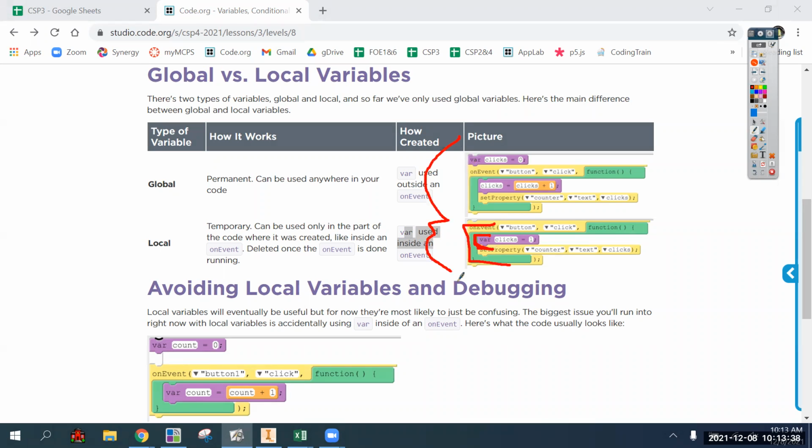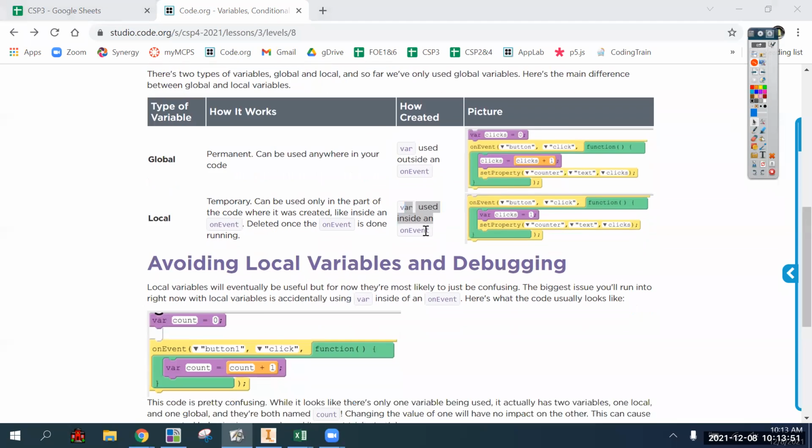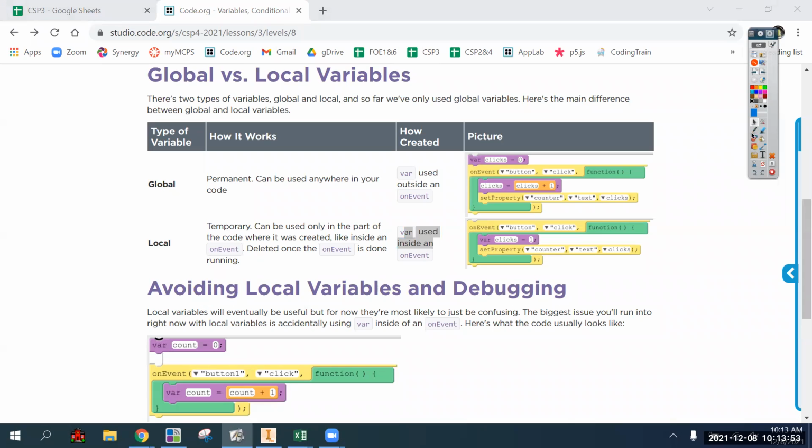The problem is in this situation, it's really just an error because it was intended to be a global variable and not a local one. This is an important difference because if you want a variable